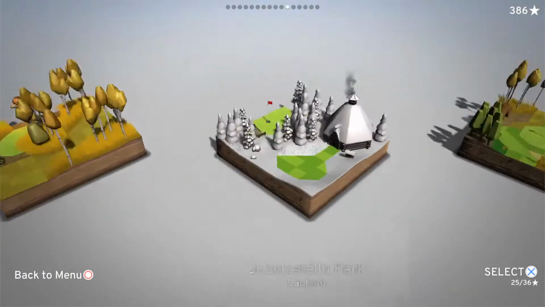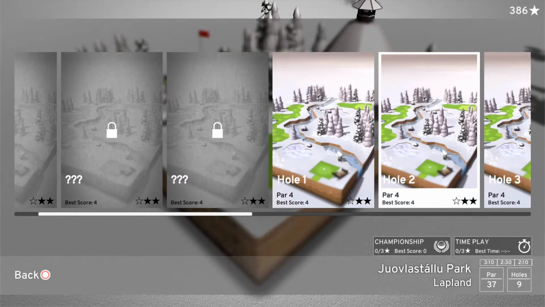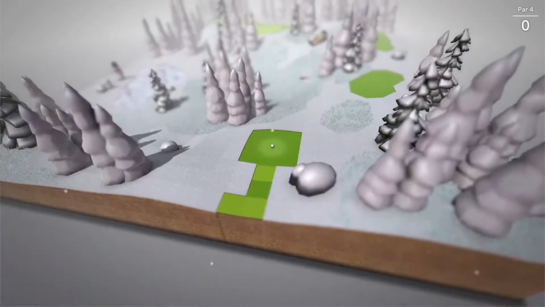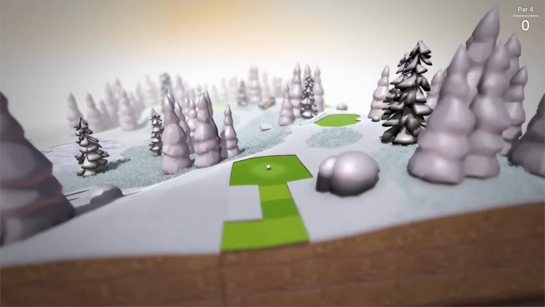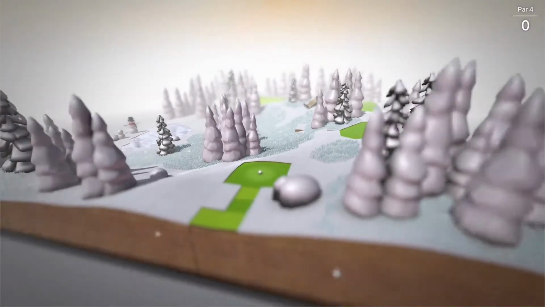Alright, so after autumn comes winter, obviously, but we're gonna be spending it in Finland, in Juovustalu Park. Pardon the poor pronunciation. And this is actually based off of places that are beyond the Arctic Circle. And here we have a mild snowstorm, so you can kind of see it's affecting visibility and adding a little bit of wind, but it still makes for beautiful